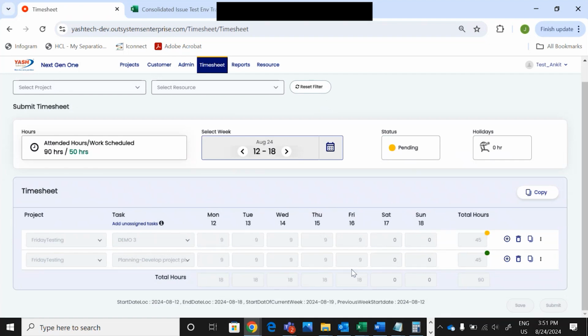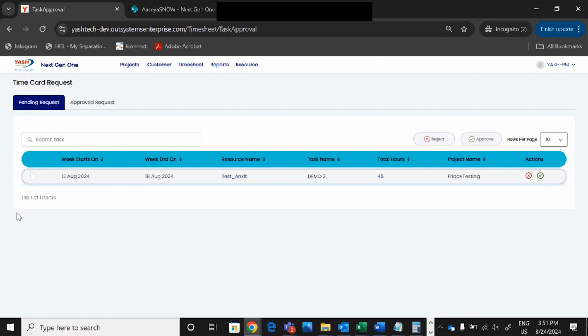And before I approve this particular task, I can tell you one more functionality. From here on, this task is in pending state. If I delete it from here, it will get deleted from here, and also it will get deleted from the approvers screen. I'll show you that as well. But for now, let me go here and let me select this particular task. When I click on approve,